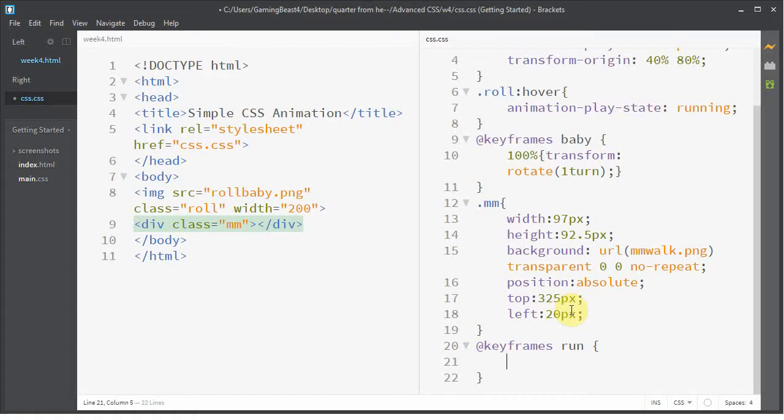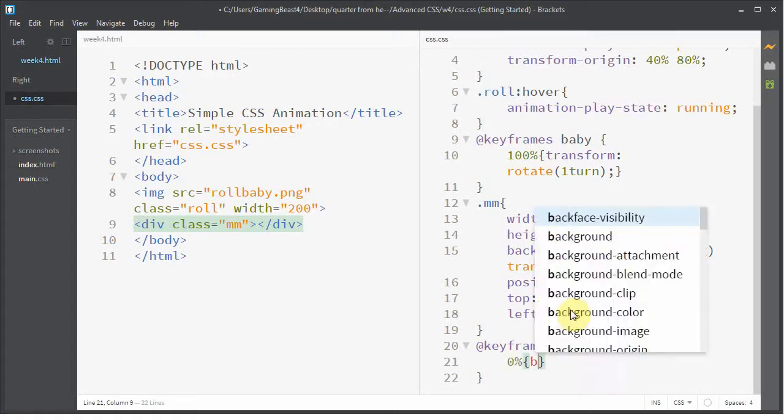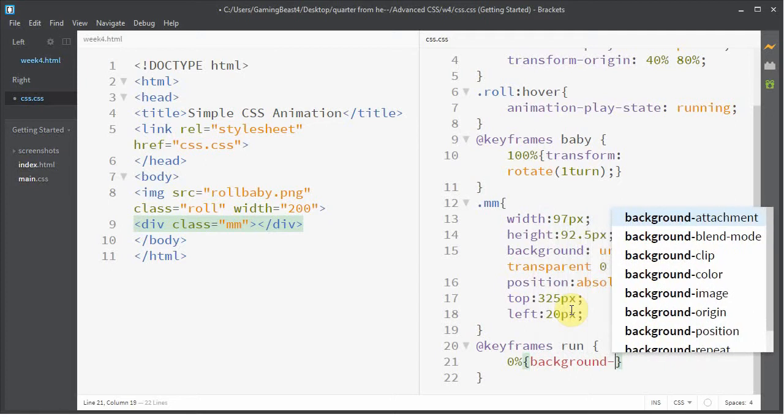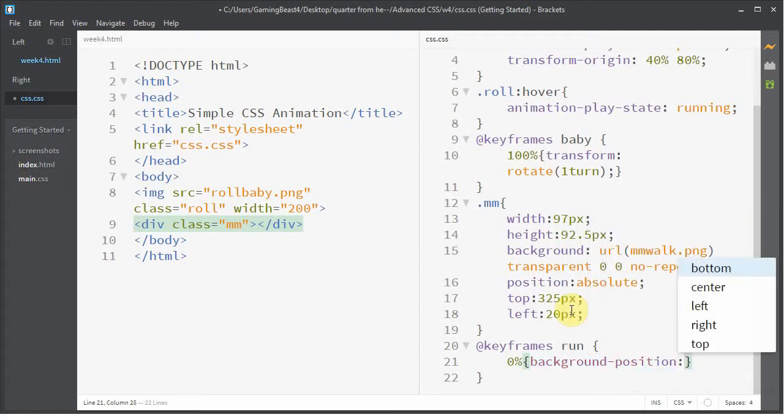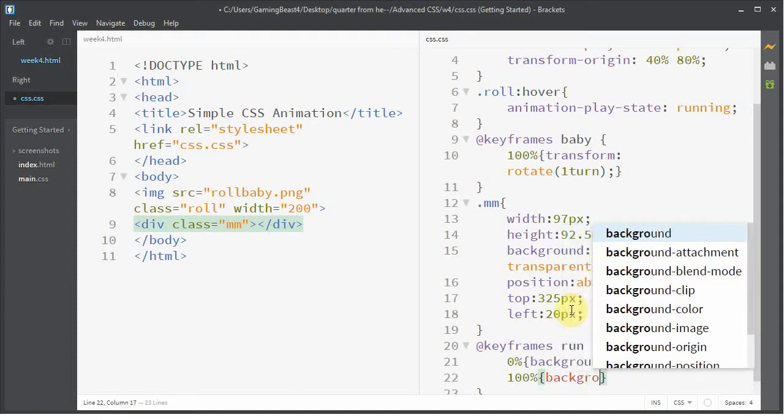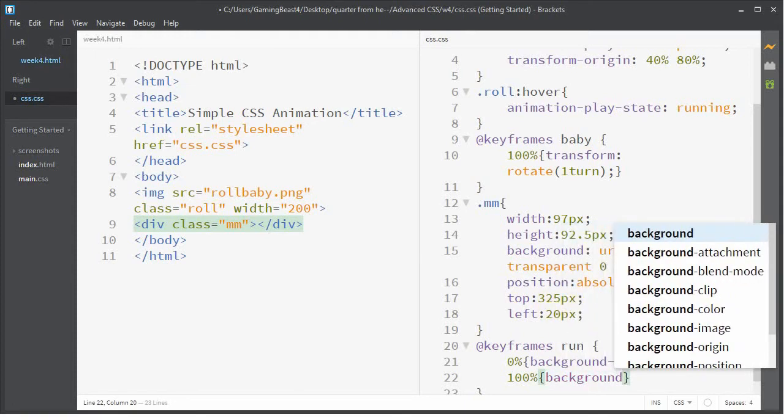And start him out at 0%. And I want the background position of him to be 0, 0. In other words, 0 from the top, 0 from the left. When it's done, this is where you'll have to tweak the numbers a little bit. But when it's done, the background position is going to be,